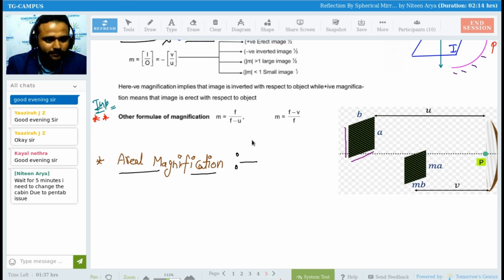Is this clear, everyone? Should I repeat it again? If you don't understand, please ask me here, because believe me, only on this formula, and the formula I'm going to give you guys, you are going to get this kind of question. Okay, so the angle subtended by the image at a pole, or you can say angular magnification, is also there, but angular magnification is only